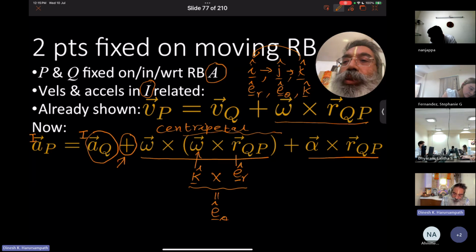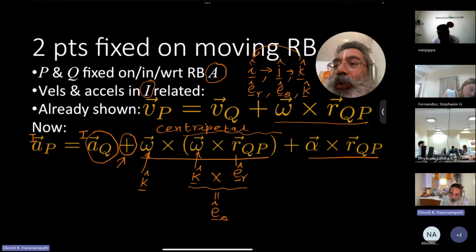Now again, this omega is also the same omega, and that's also along K hat without loss of generality. And now you're talking about